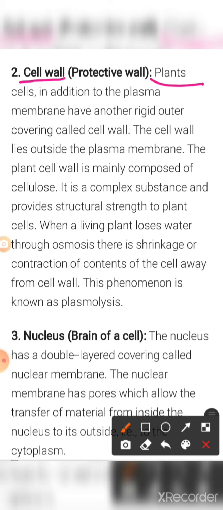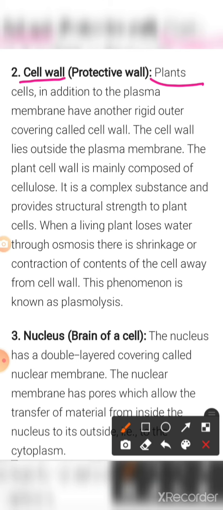protects it from anything entering the cell. But there is a very important thing inside the cell also, which is the nucleus, and there are many things inside the cell which can enter it. So to protect the nucleus from them, there is again a wall which is protecting it, and it is nothing but the nuclear membrane. This was the cell membrane and this is the nuclear membrane.